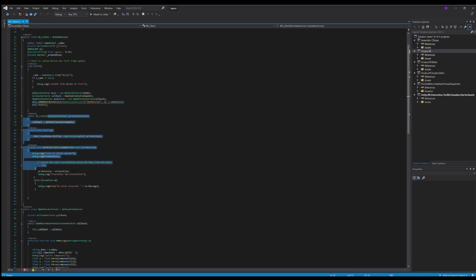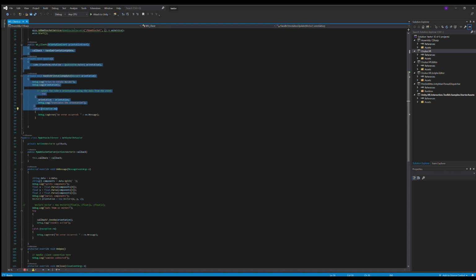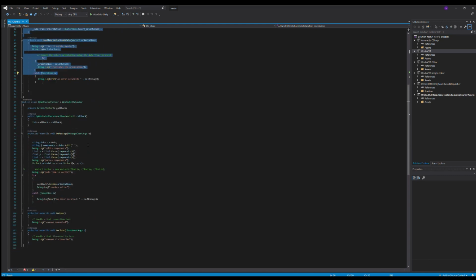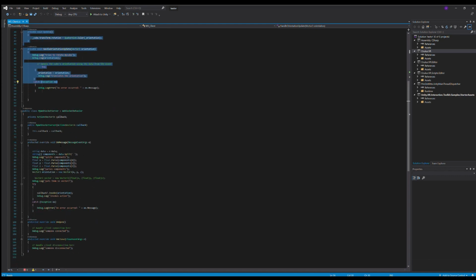And I'm going to skip this part for now because chronologically, what happens is once we start the server, we're waiting for a message, so that once we get a message, we grab that data and we parse it, and then we put it into a vector. And once we have that data in a vector, we set up the callback action and send the orientation.